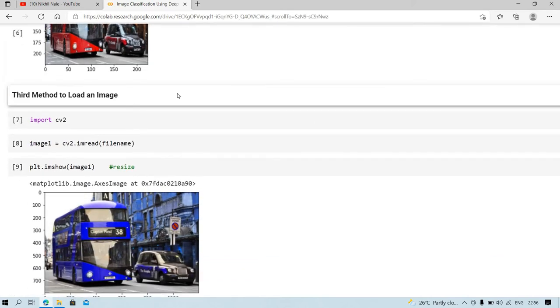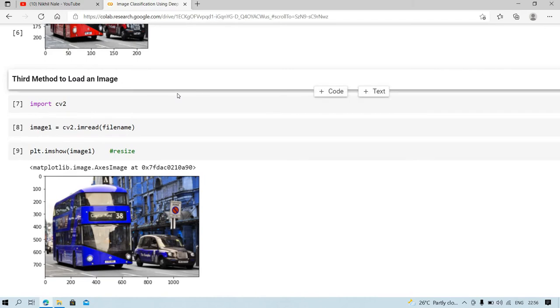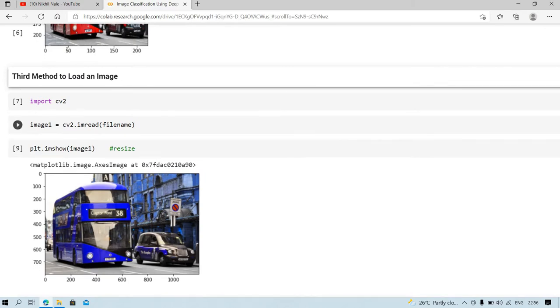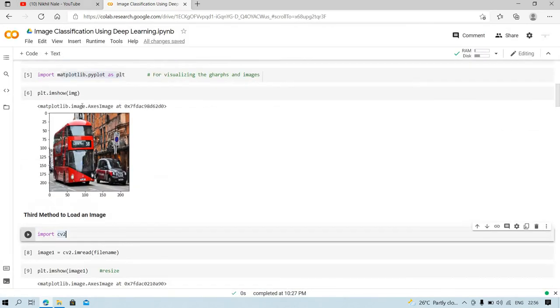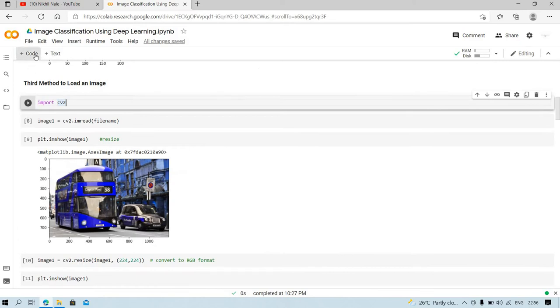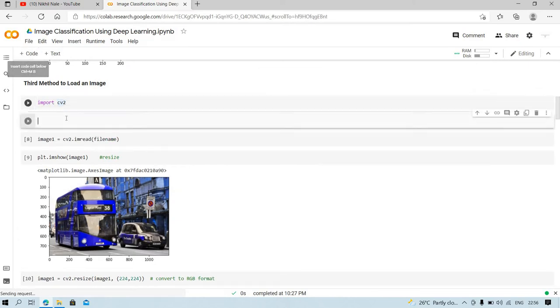And now you will see the third method to load an image. For this I will import cv2. If you are importing it for the first time, you will need to install it first. For installation, write pip install opencv-python and press shift and enter to execute.